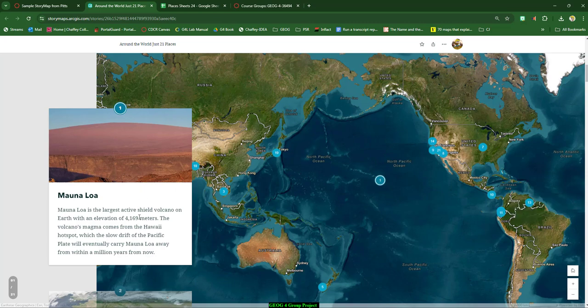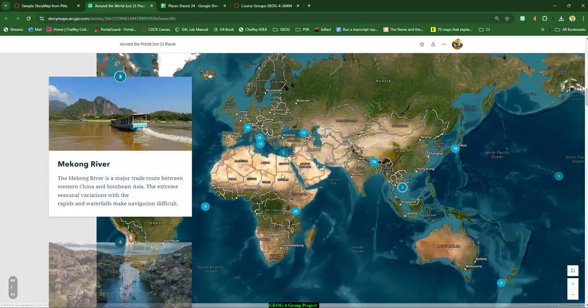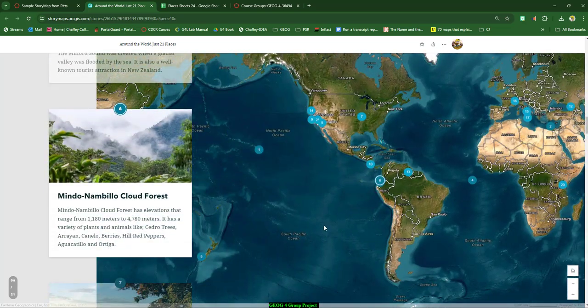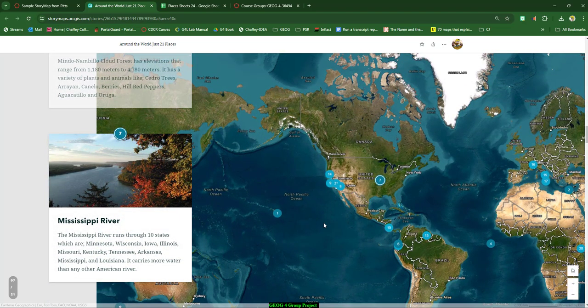But for now, the important thing is pick a project. Whoever gets in there first is going to be the group leader, which will come in handy next week. And if you don't pick a group by next week, I reserve the right to put you in a group. So please pick your group. All right. So basically, you're just going to do all the places that are part of your group's list. So each of you is responsible for one column of that list. But